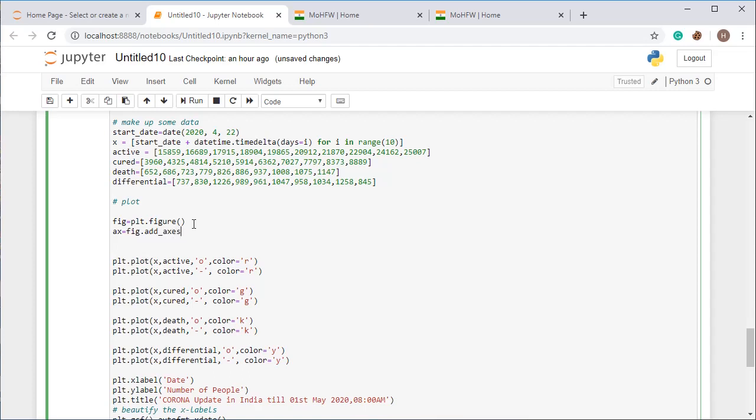For axes it requires four values. I have told you the four values related to where you want to place it, and those values are left, bottom, width, and height. I'm setting left to 0 and bottom also to 0, and width is 1 and height is also 1.